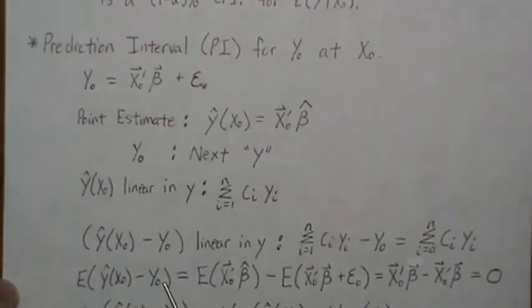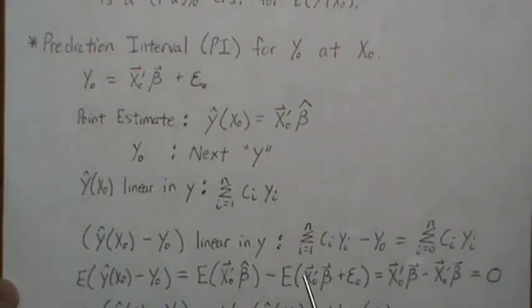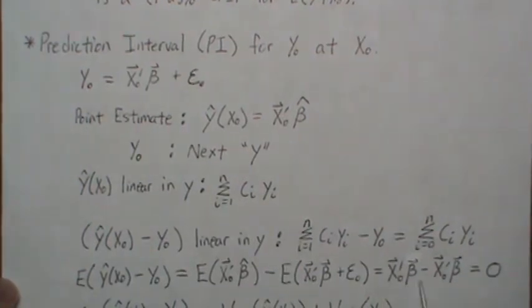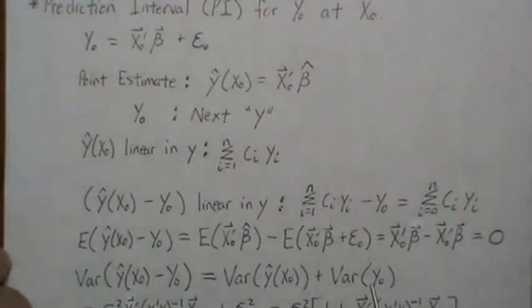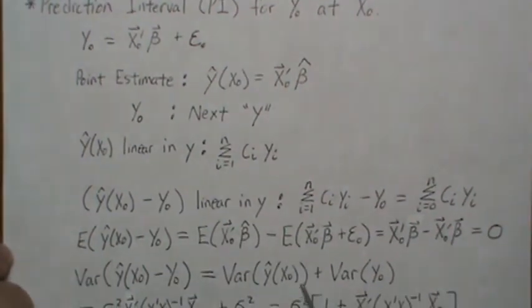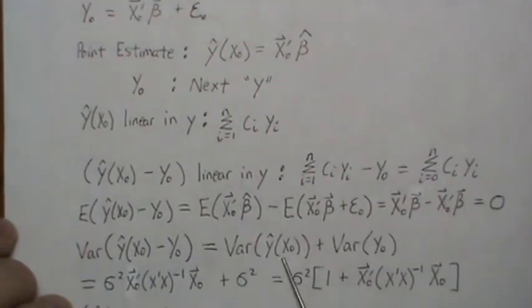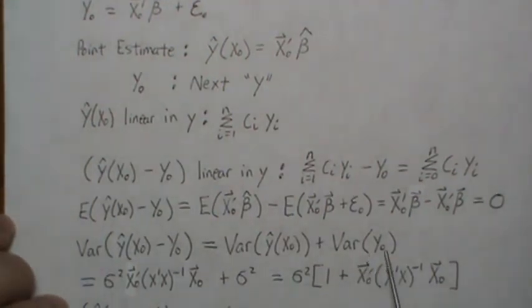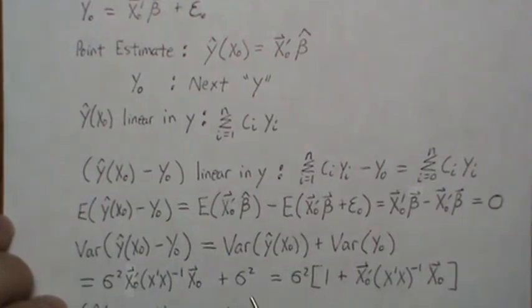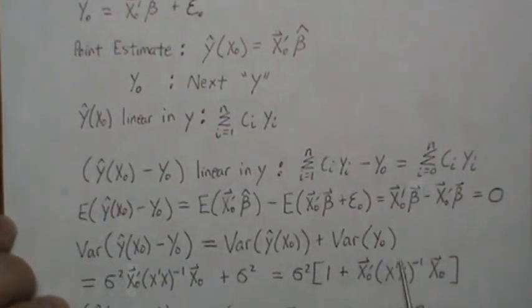That is this. Y is this. So this is constant, so it comes out, and the expected value of epsilon is 0. And this here we showed was x naught beta, and so those cancel and it's 0. The variance associated with each of these, the variance of this plus the variance of this, there's no covariance because there's no y's in here that are in here, and so they're independent. And the variance of the fitted value on the previous page is this. The variance of an individual y is sigma squared. Factor out a sigma squared, and then this is the